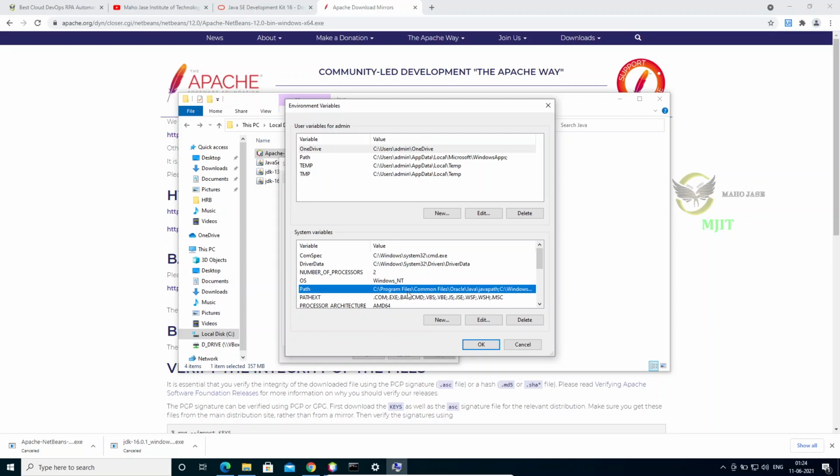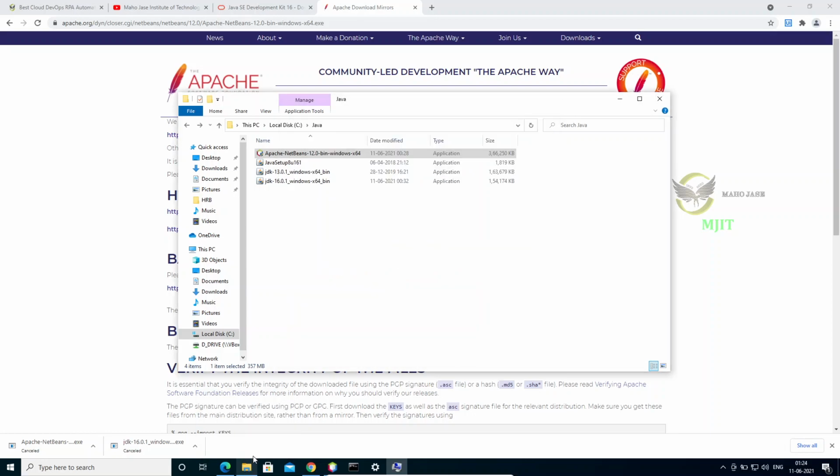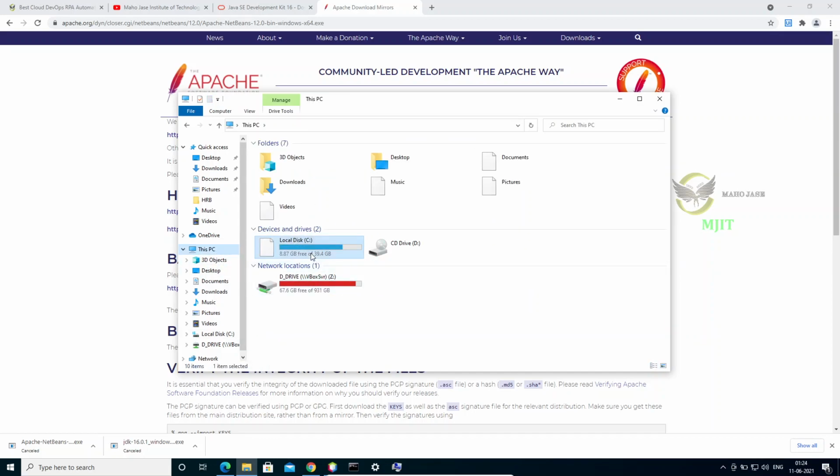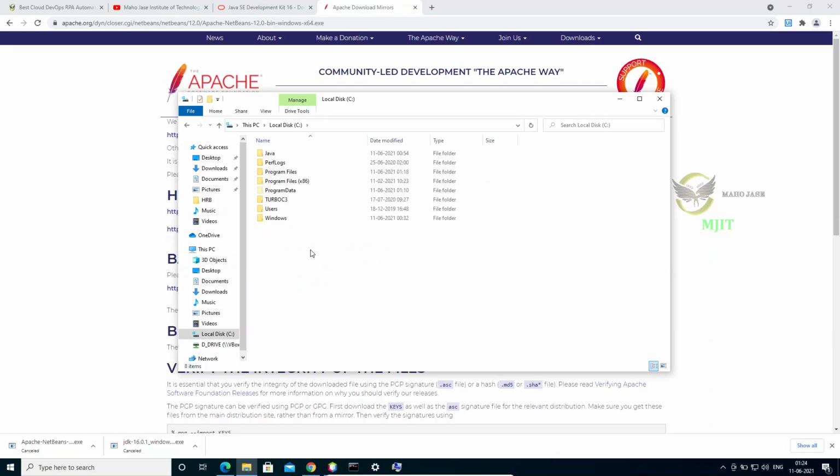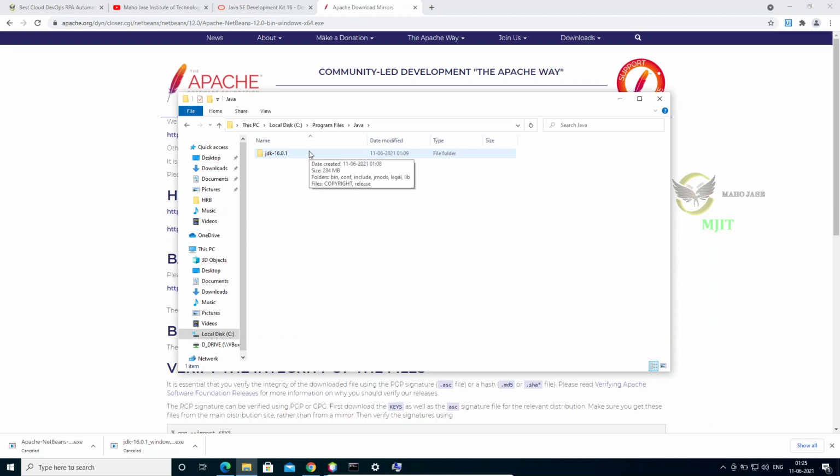For the users who didn't get it, what you need to do is open your Explorer, go to your C drive, go to your Program Files, Java. Wheresoever it got installed, like I'm going to my path. Earlier while installing Java JDK, wheresoever you have installed, go to the path and get inside the JDK folders. There is an important folder called bin.